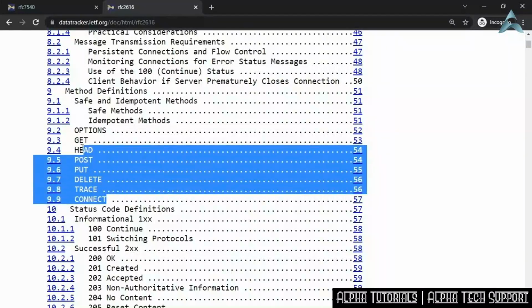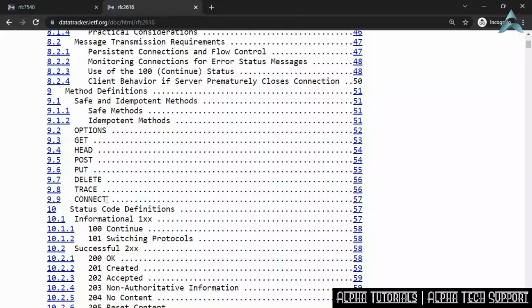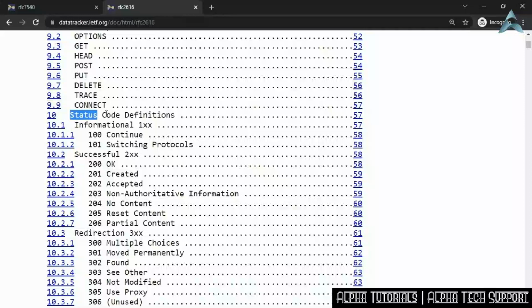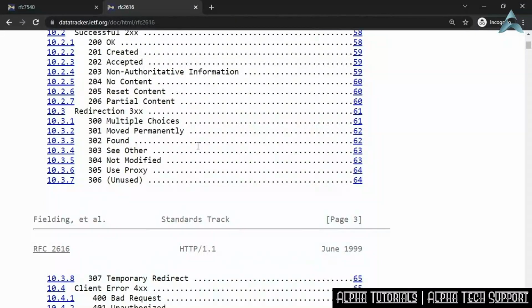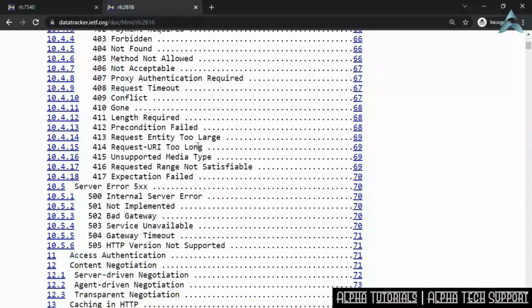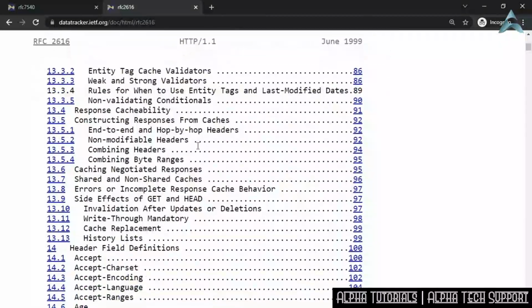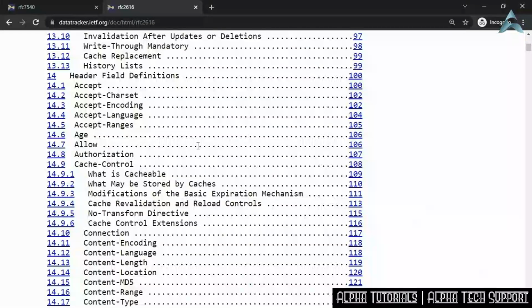There are HTTP methods, 8 of them in HTTP 1.1, later versions have more, and we will use them for our APIs. There are also status codes, which are part of the HTTP response, and we'll also need them. Well, not all of them, but many of them. And then there are some specific headers which are used throughout the specification, and we'll also use some of those headers. And one feature that is enabled by those headers is this content negotiation, which